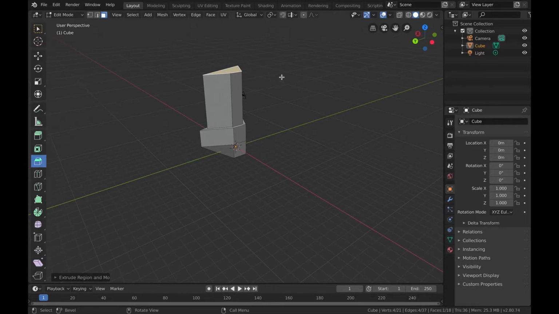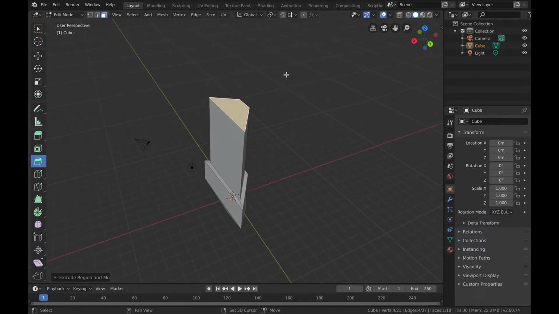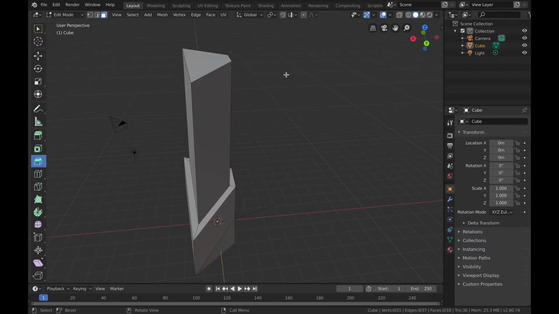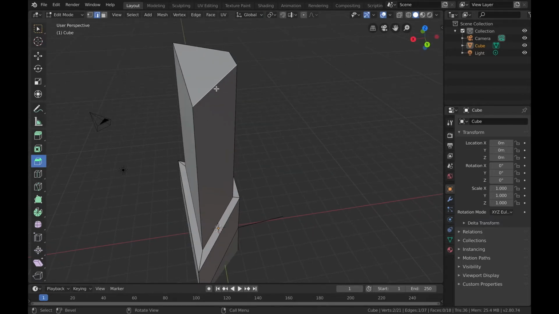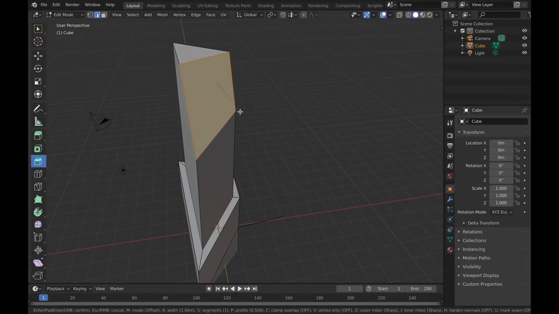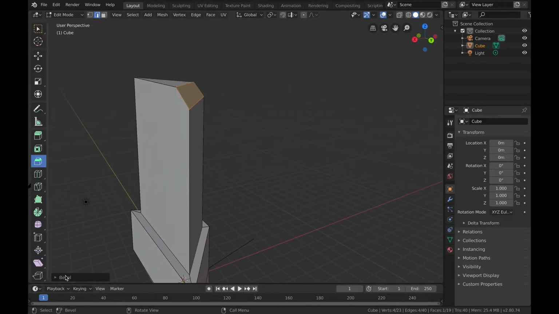The next you have is the bevel tool. Now this tool is quite used for softening the edges. Click on an edge and simply drag to see its effect. On the bottom left corner, you will get a menu regarding this bevel tool.